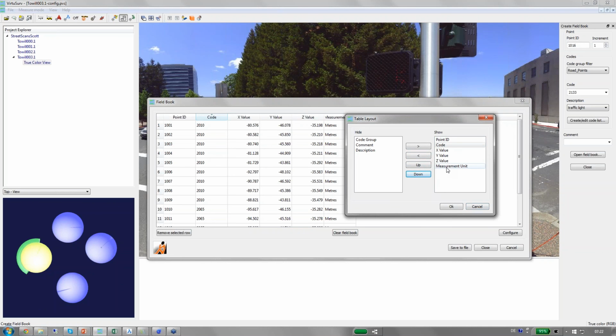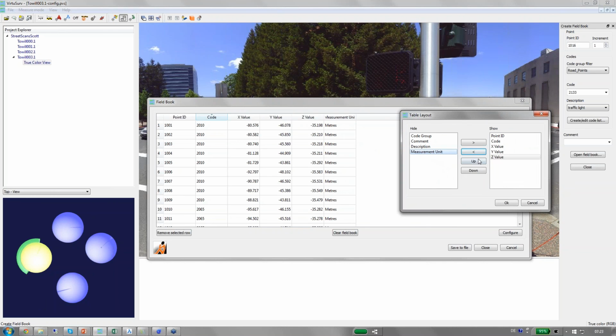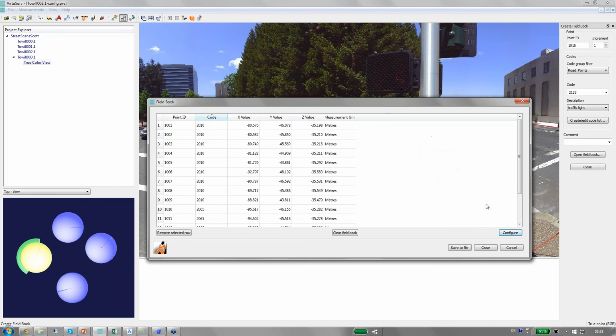And if you don't need the measurement unit, then you can also remove it from the part of the shown columns. I'd say just okay. And of course, if you start evaluating a new project, you have to clear your field